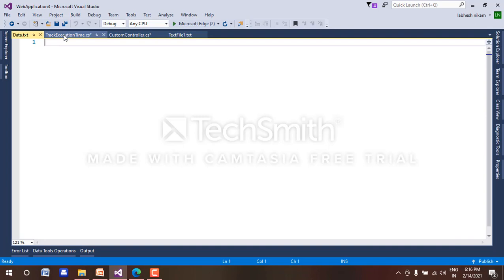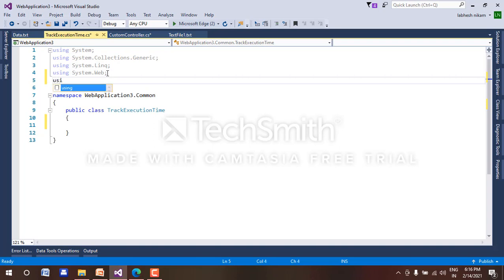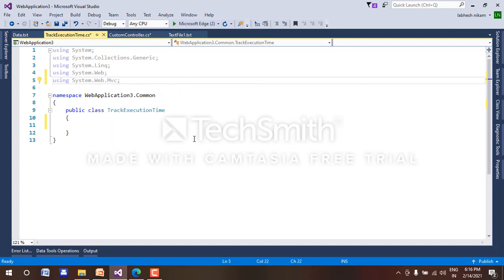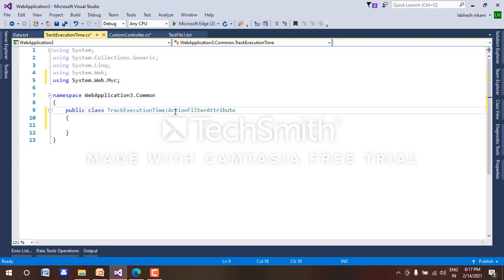Now inside of this track execution time.cs class I will write the logic. Before writing the logic I will add the namespace using system.web.mvc. And here I will inherit it from action filter attribute, and for exception I will use exception filter.